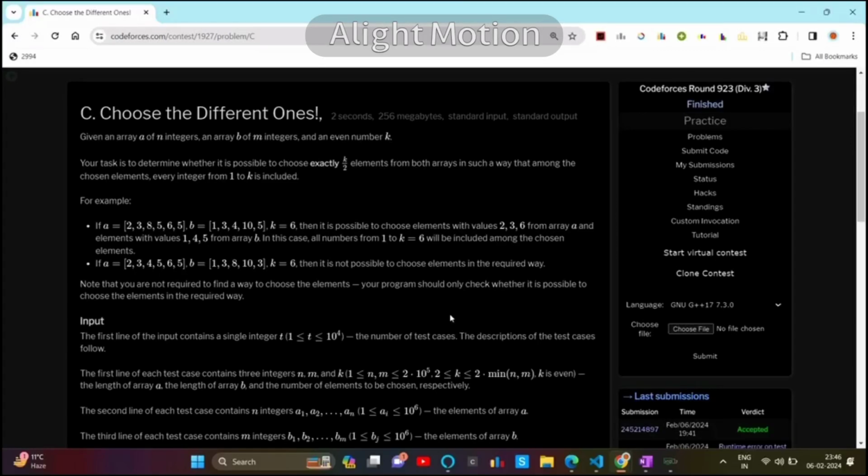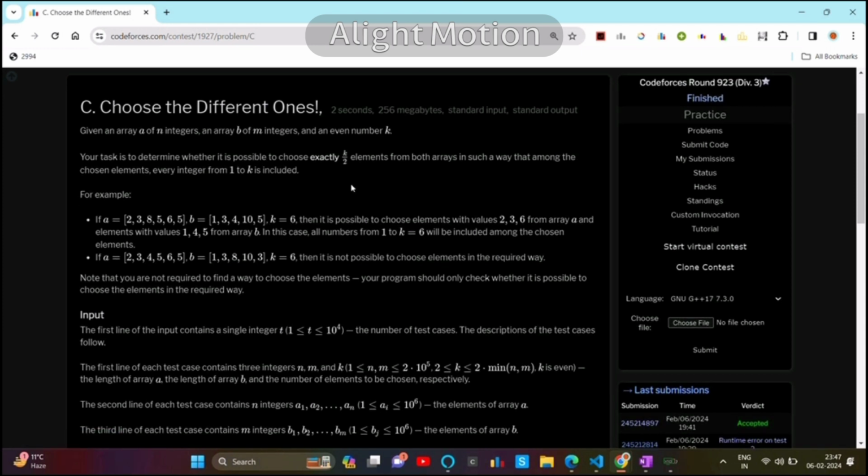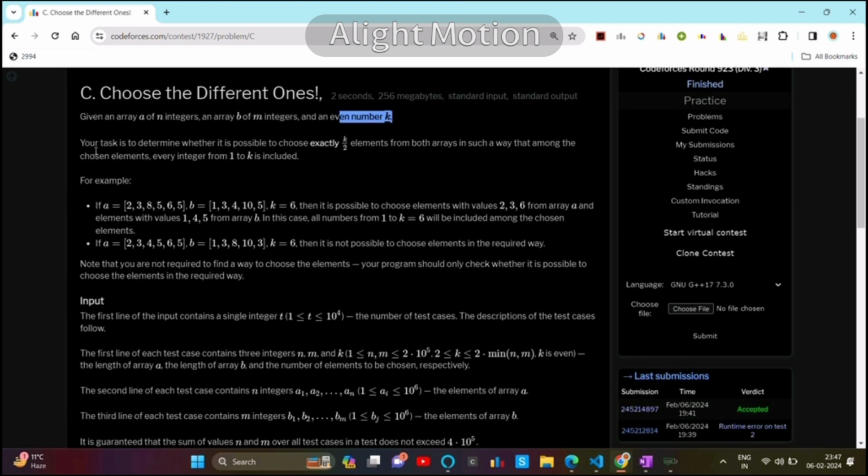So hi, in this video I'm going to discuss a problem of Codeforces contest 923 div 3. This is the C problem of the contest. In the problem we are given an array A of n integers and an array B of m integers and an even number k. Our task is to determine whether it is possible to choose exactly k by 2 elements from both arrays in such a way that among the chosen elements every integer from 1 to k